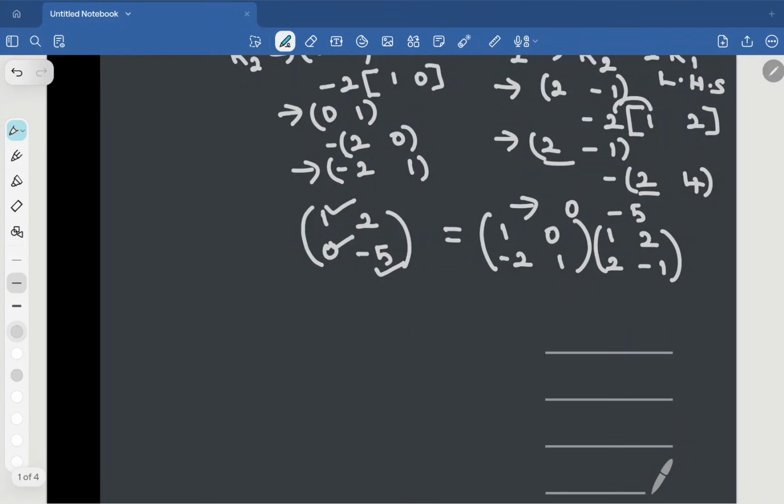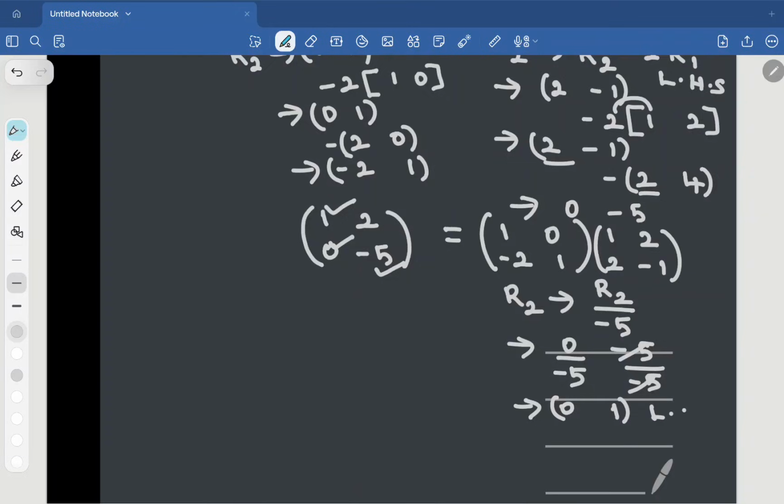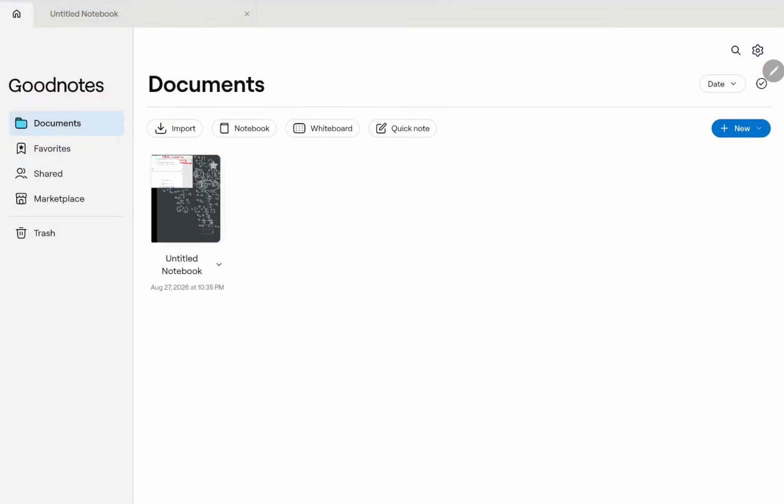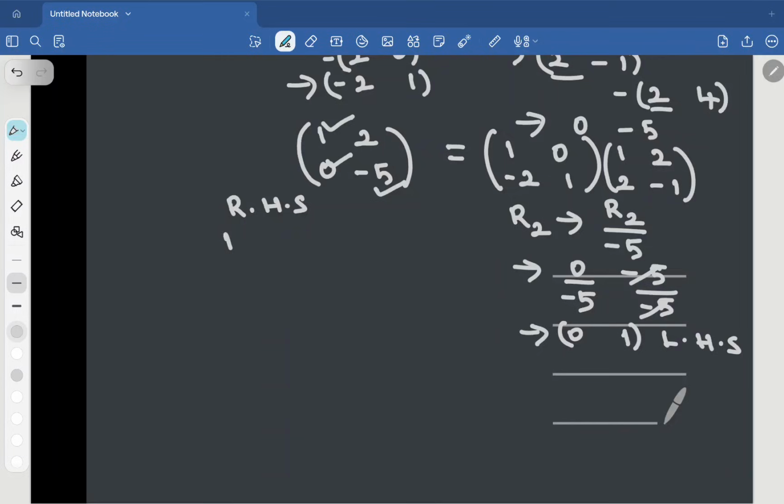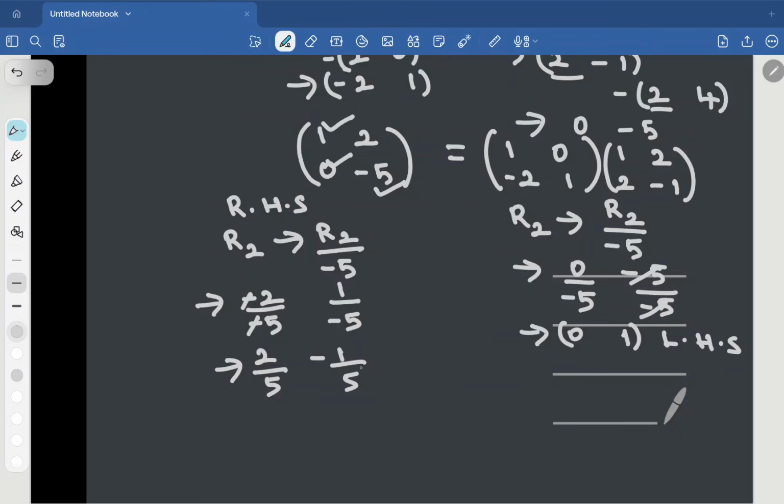Now the elementary operation: divide R2 by minus 5. What is R2? LHS 0, minus 5. Divide by minus 5: 0 by minus 5 is 0, minus 5 by minus 5 is 1. This is for the LHS part. Do the same thing for the RHS part. For RHS, divide the row R2 by minus 5. Here we have minus 2 by minus 5, 1 by minus 5. Minus minus cancel: 2 by 5, minus of 1 by 5. Therefore,